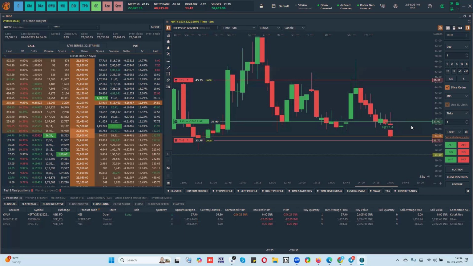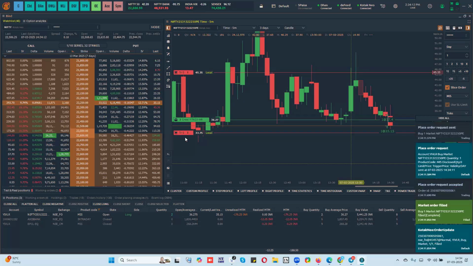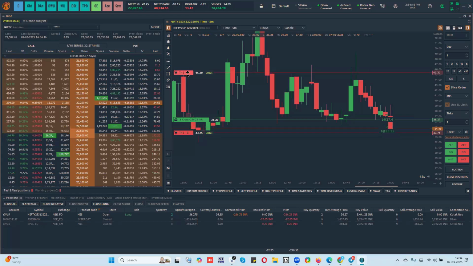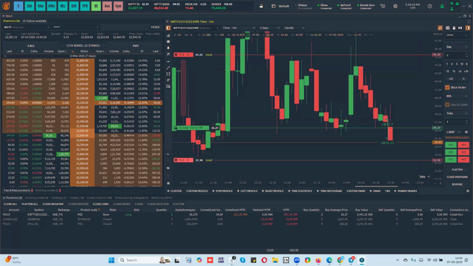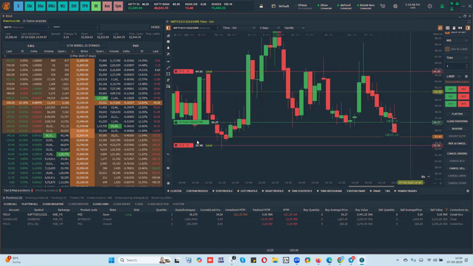Now you can see that my price has gone here. Now, if I want to add one more trade, I can do that. My target and stop loss will remain as they are, with the quantity being increased to two lots. You can see that my quantity is automatically changed to two lots. If I drag my stop loss lower, now if I buy, I add one more trade. So you can see that.